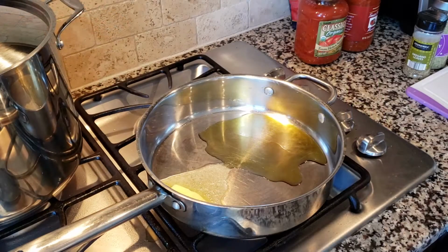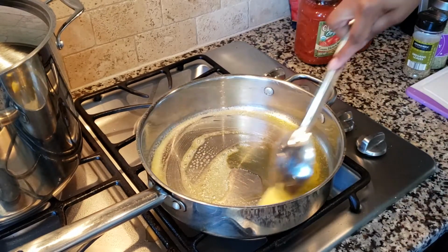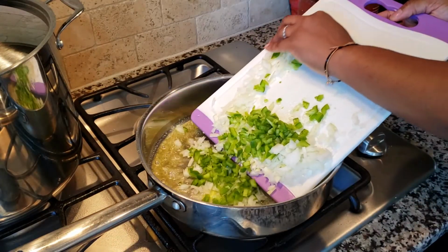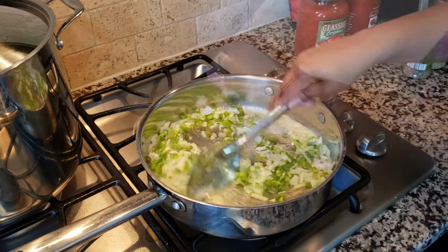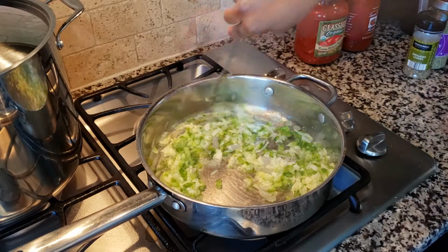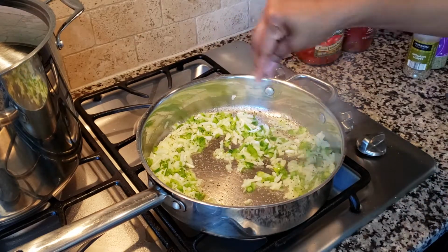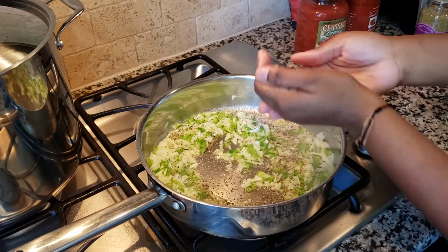So in a large skillet, you combine some olive oil and some butter and just melt that. And then you're gonna put your trio, your minced garlic, your green pepper, and your onion into the skillet and get that just swirled around so that that oil covers all of it. Then you just wanna go in and season. It's very important to season each layer. So here it's just some salt and some pepper and some herbs, some dried herbs that I'm using to season